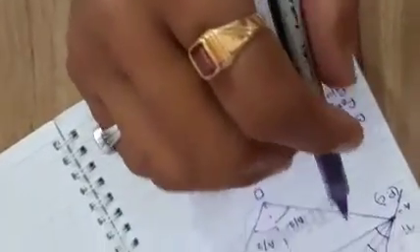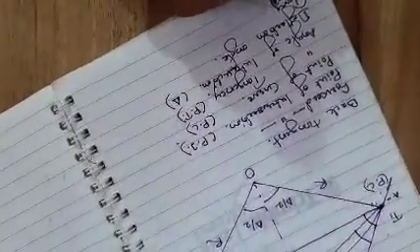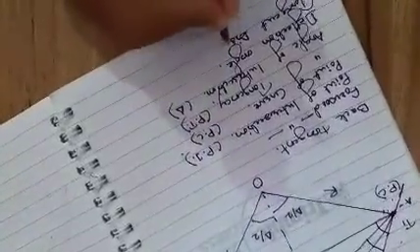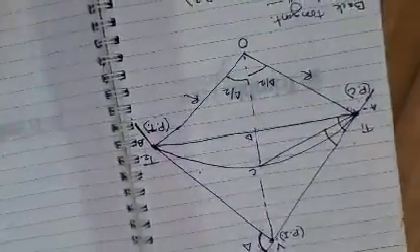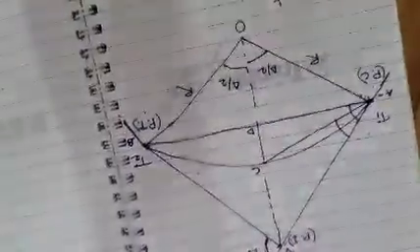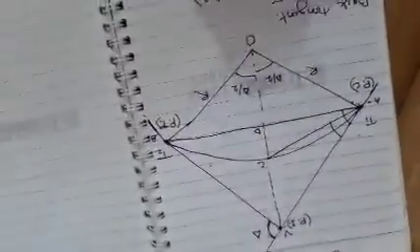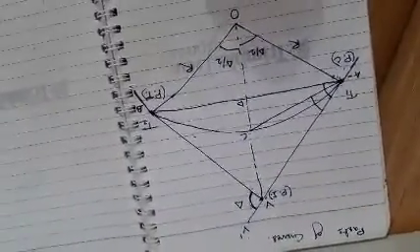Tangent distance. The distance between PC to PI, this particular distance is called the tangent distance, and it is denoted as T. So the distance between the point of curve to the point of intersection, whatever the distance is, is called the tangent distance. Similarly, one more point is there, that is the external distance.